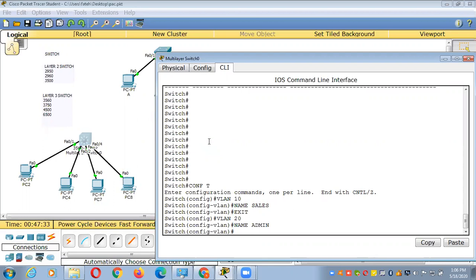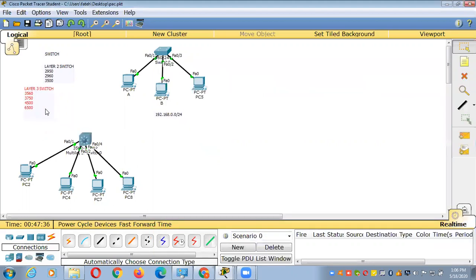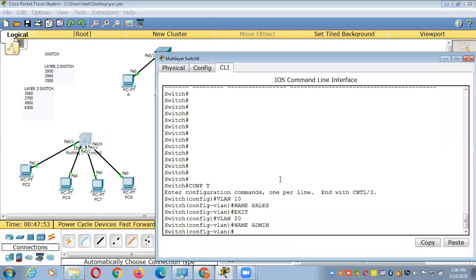So what I'm going to do, brother, you are already aware that this switch has VLAN 1. All the interfaces are in VLAN 1. But you have created two VLANs here, VLAN 10 and 20. So I have to assign these interfaces.